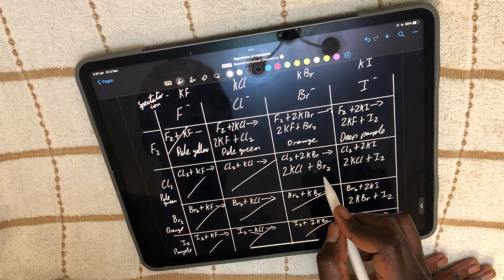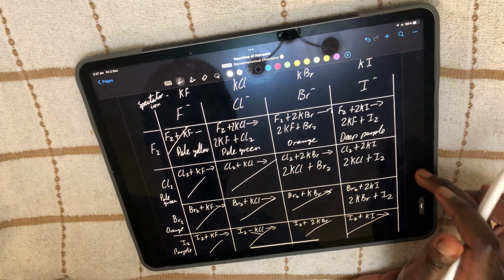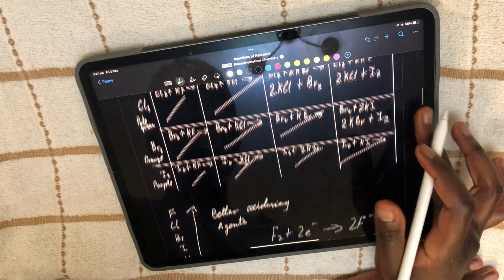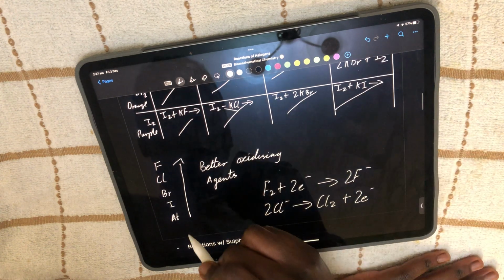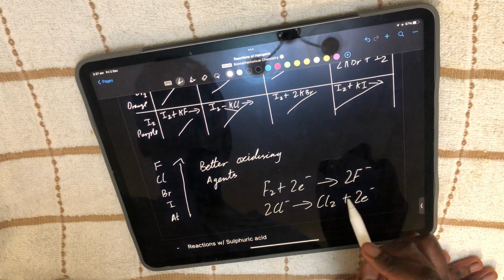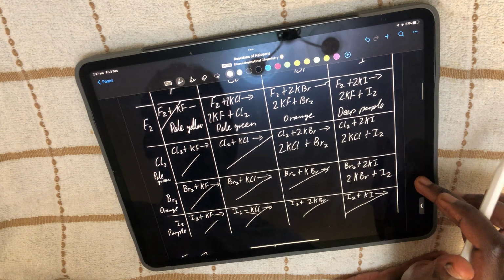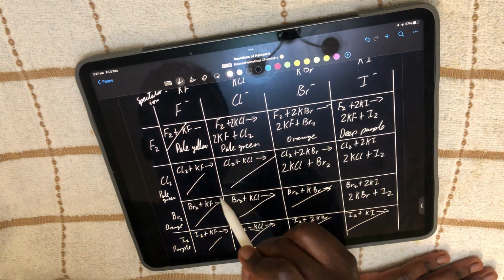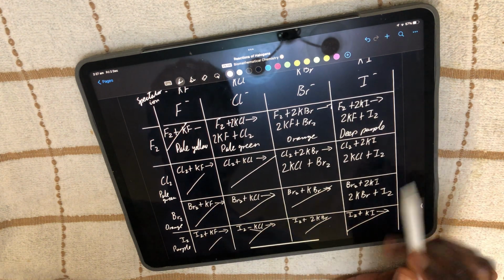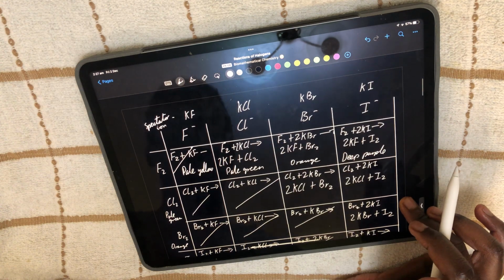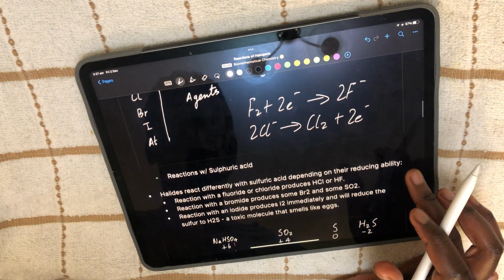And the same principle here. This would be orange because we have Br2, deep purple again. And the reason, as you go up, as I said before, is the better the oxidizing agent. So now that's one test, but you can see here, it's not the best test for all of these. All of these kind of get cancelled out. You can't really test for these. So it's a good test to an extent, but there's other ways you could test for the presence of